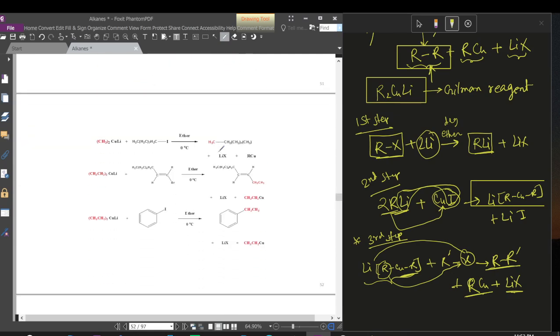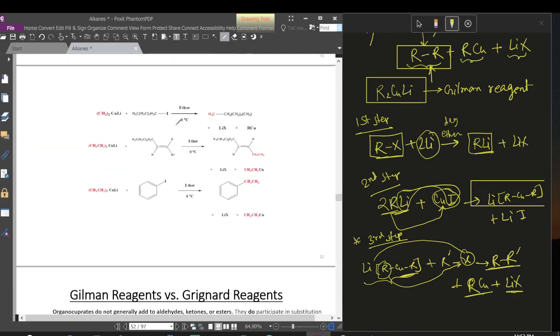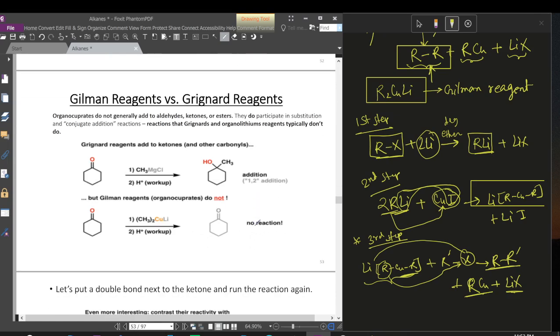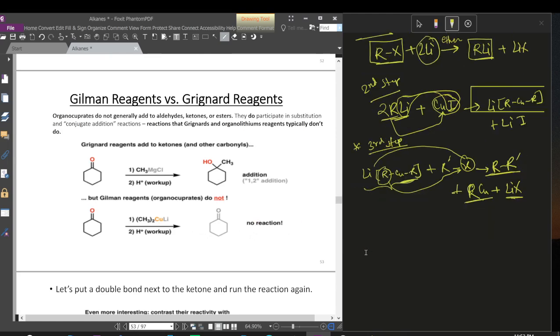So by this you can also produce the different kinds of 1 degree, 2 degree, 3 degree. So the first main mechanism is just this halogen, which is replaced by this R. By this we can produce any kind of alkane. So there is a discussion about Gilman reagents versus Grignard reagents. We can produce alkane by Grignard reagents and Gilman reagents, both, but there is